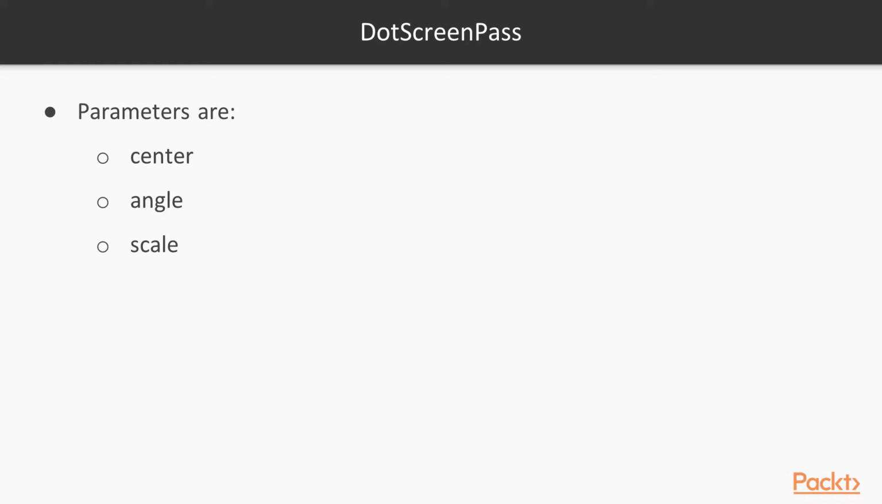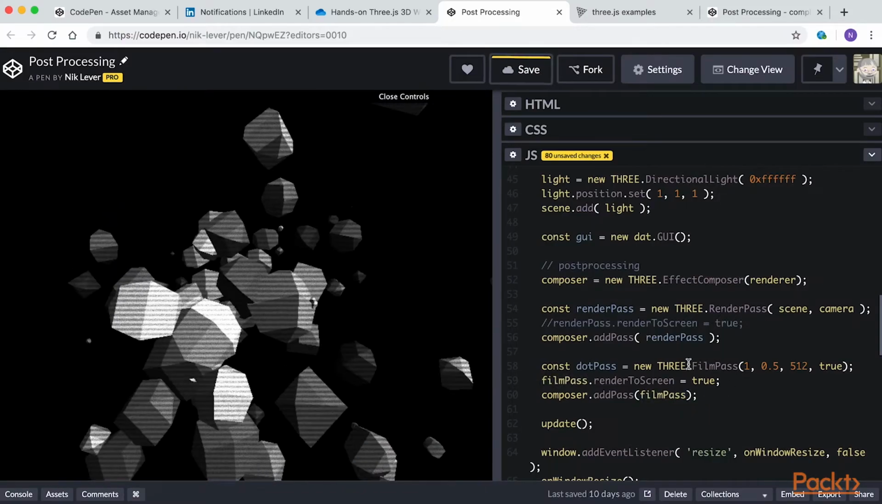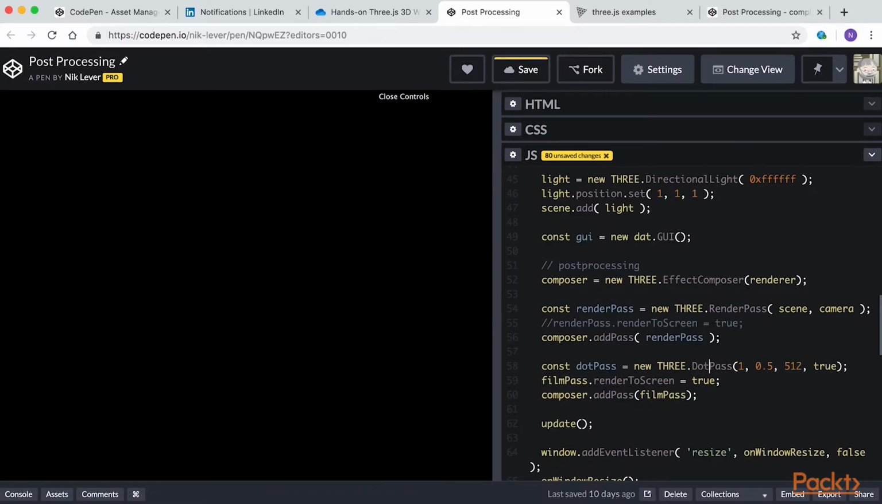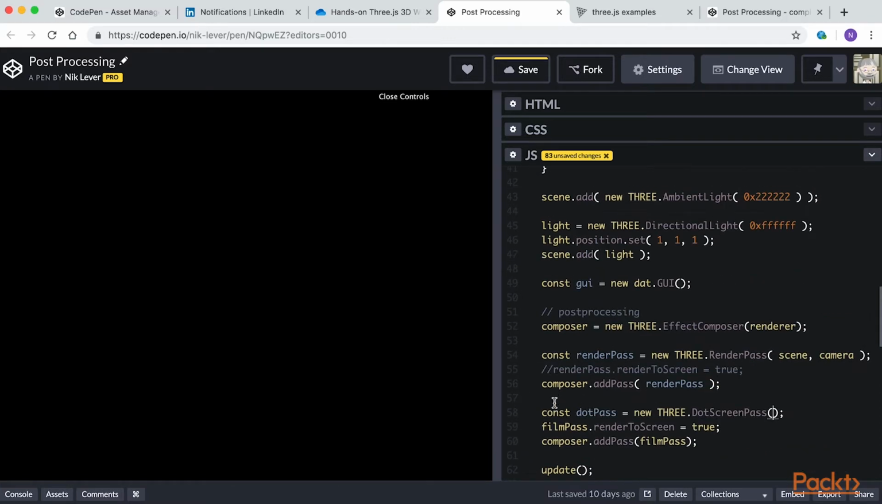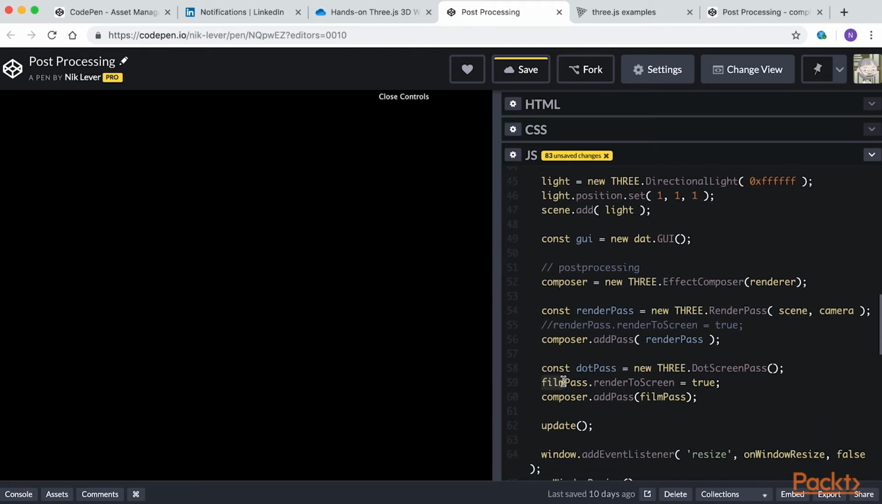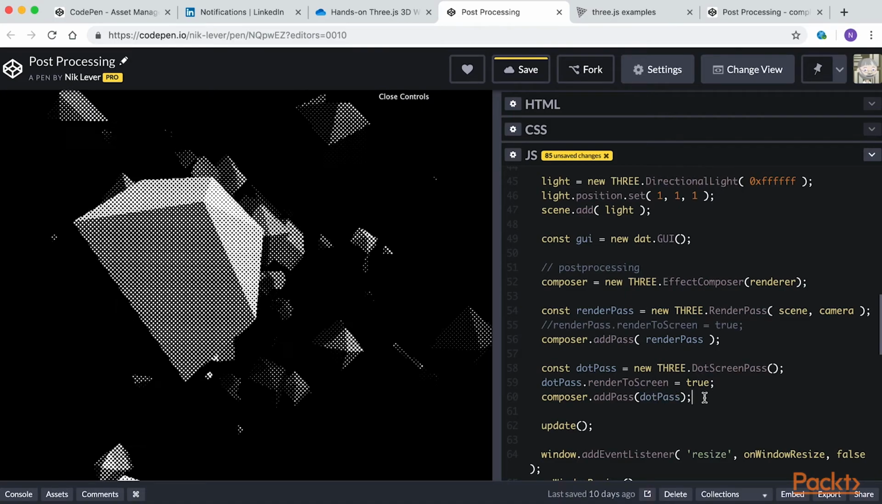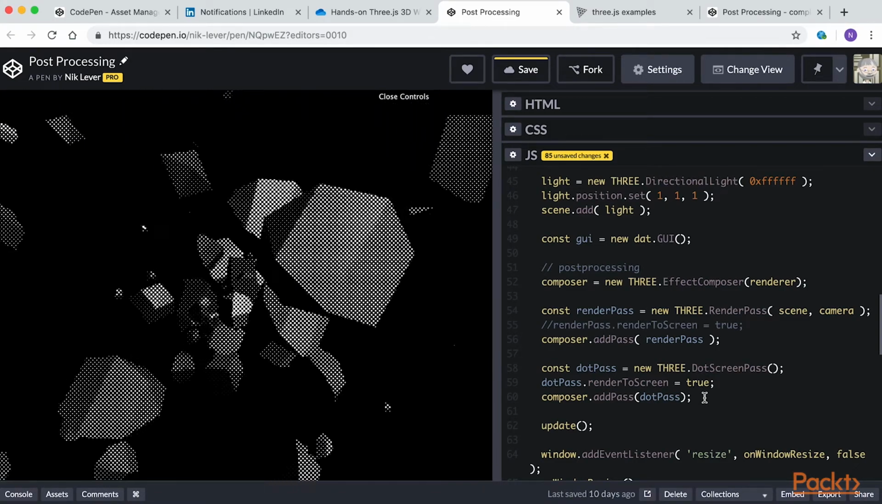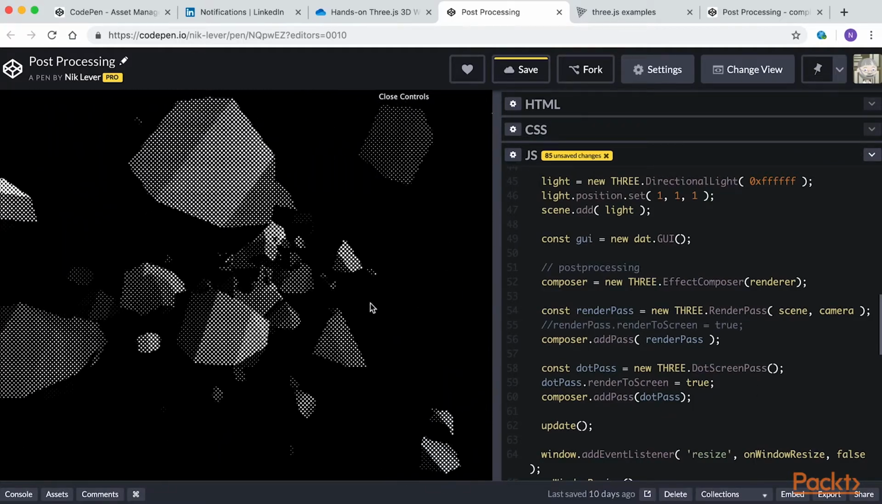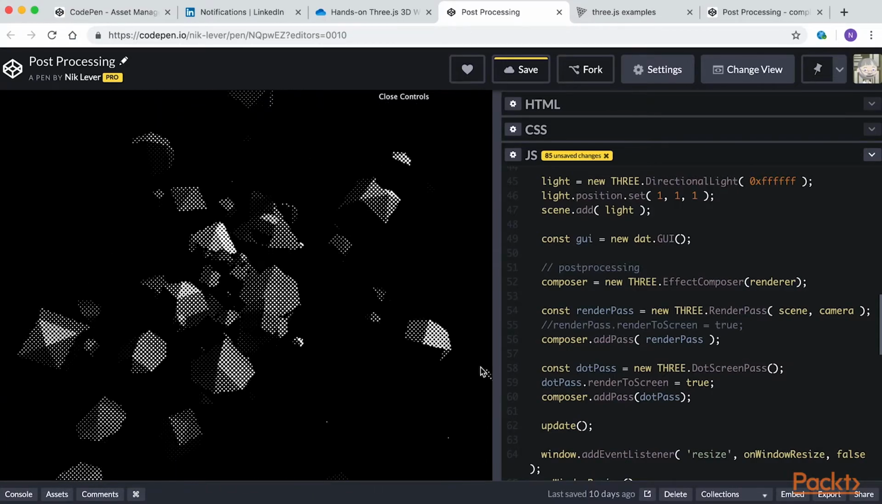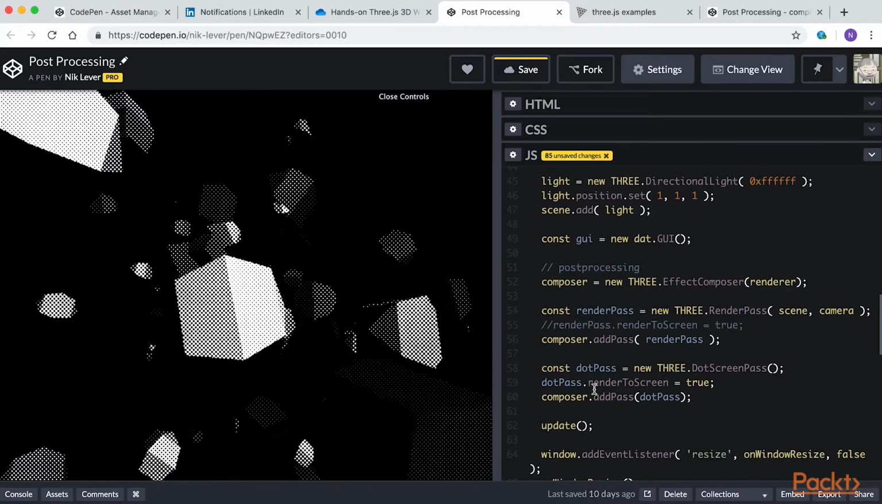The last filter we'll look at is the dot screen pass. The parameters for this are center, angle, and scale. Delete, comment out or edit the film pass code and enter const pass equals new THREE.DotScreenPass. pass.renderToScreen equals true. composer.addPass(pass). Another fun effect. So you can see the scope you have with Three.js post-processing filters. And if you learn GLSL code, you could even write your own filter. And the 4 remaining videos in this section